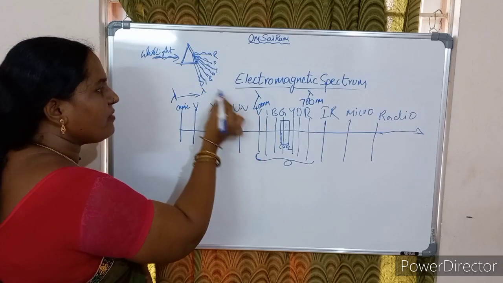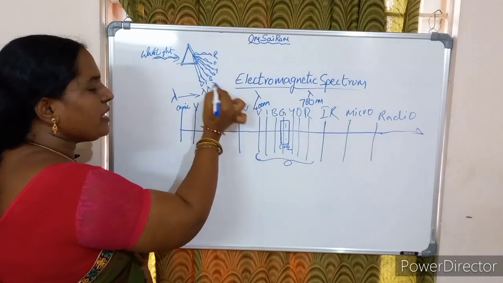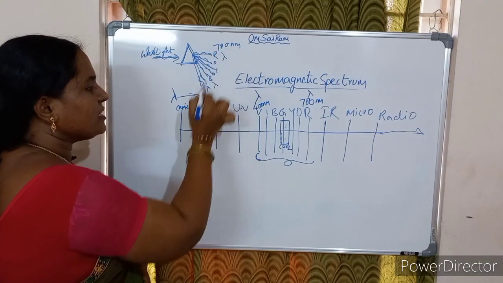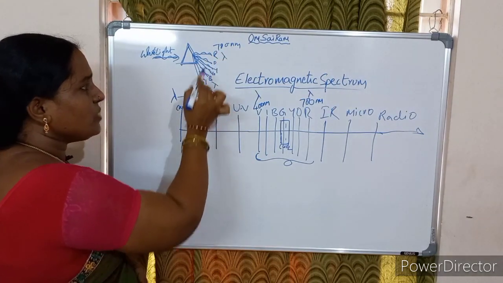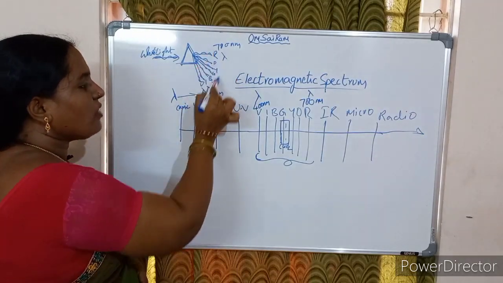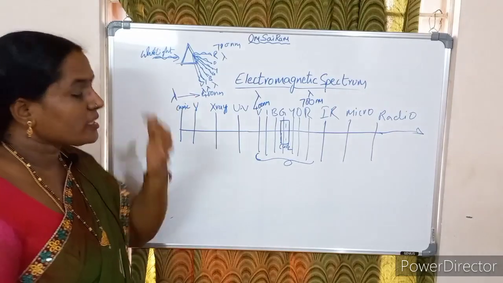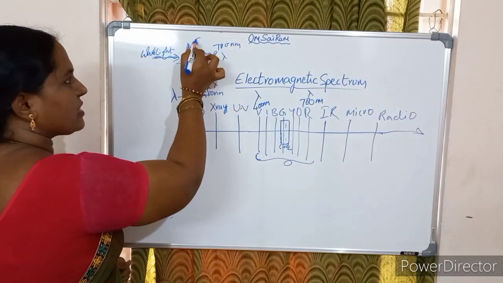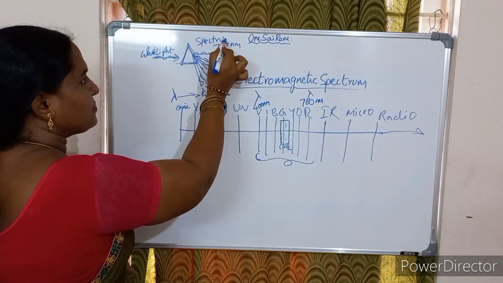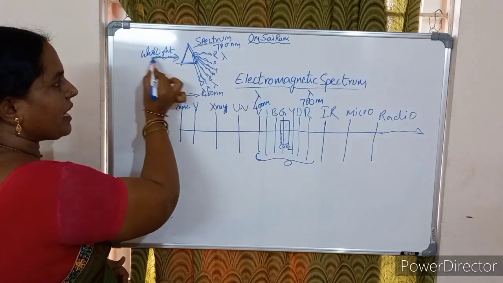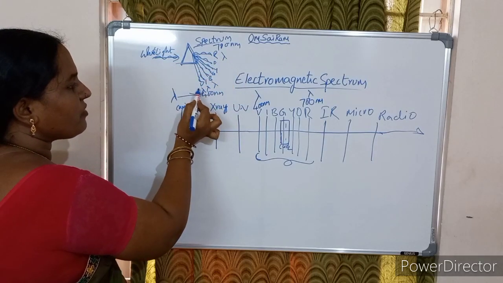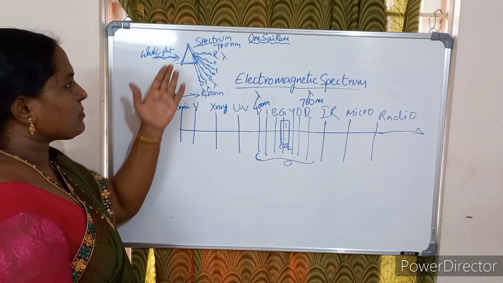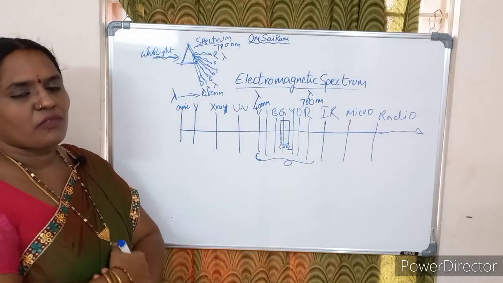This white light is a combination of different wavelengths. Violet light has its own wavelength, indigo has its own wavelength, blue has its own wavelength. Similarly red, this is 700 nanometer, this is 400 nanometer. It is a collection of a wide range of wavelengths. This VIBGYOR is the collection of a wide range of wavelengths, so it is the spectrum of white light. White light has a collection of wavelengths, starting from 400 nanometers to 700 nanometers.